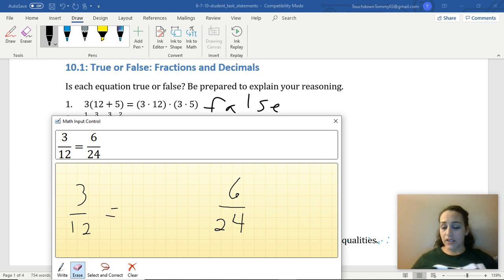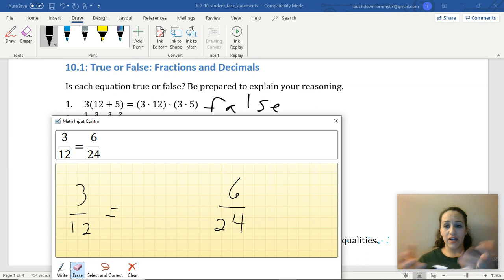We could also think back to the ratios unit way back earlier this year when we did like the Gatorade. If we think about it that way, if 3 was the amount of powder we used, well, if we double the amount of powder to 6 and 12 was the amount of water we used, if we double the amount of water to 24, hopefully one of those things will spark a memory there that 3/12 and 6/24 are equivalent